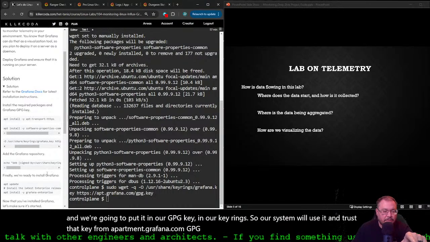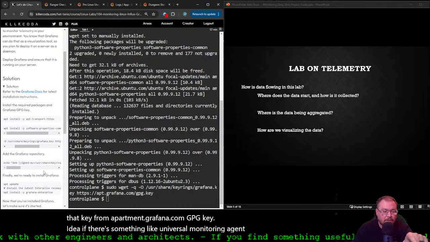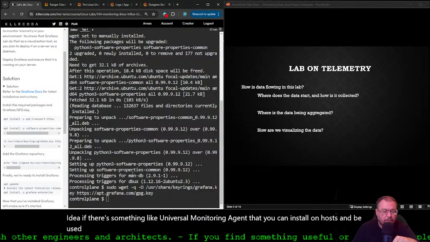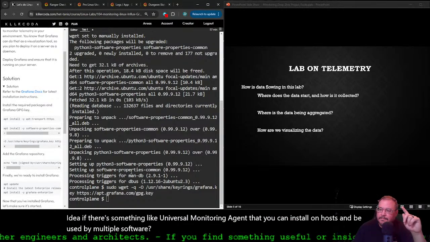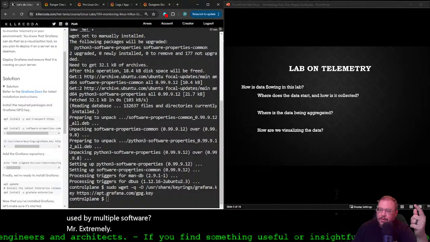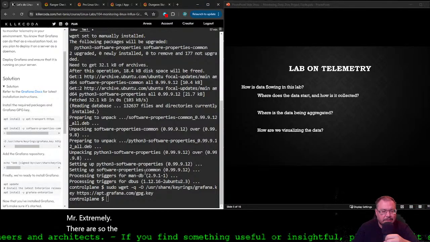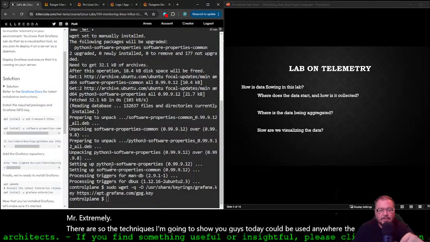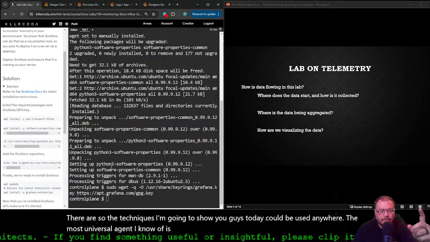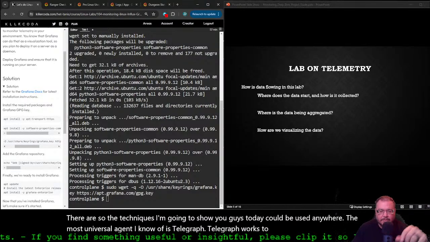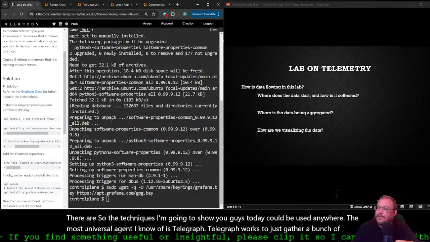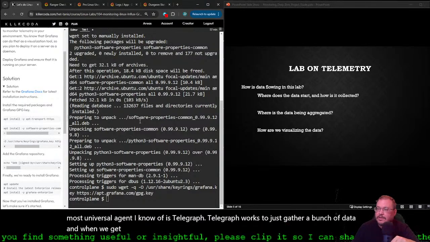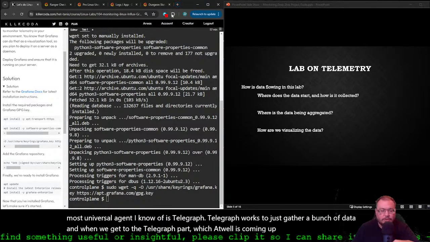Is there something like a universal monitoring agent you can install on hosts and use with multiple software? The techniques I'm going to show you guys today could be used anywhere. The most universal agent I know of is Telegraf. Telegraf gathers a bunch of data, and when we get to the Telegraf part, I will show you all the inputs.